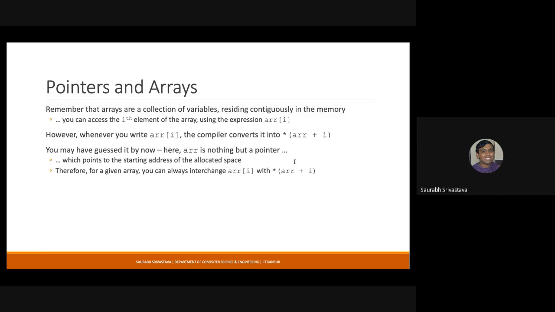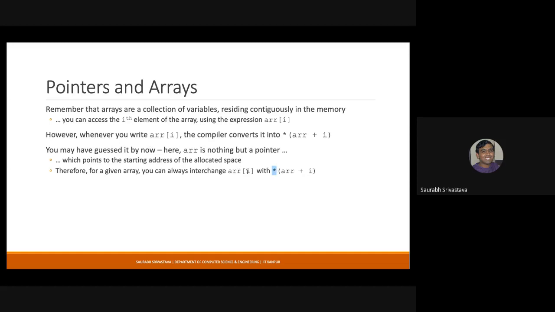And whenever you type ARR[I], when this expression is being evaluated by your compiler, the equivalent expression is *(ARR + I). Keep in mind that ARR + I is not the same as ARR = ARR + I, right? You are just taking a constant and adding another number to it, and whatever address results, that is what you dereference with the asterisk. So by this you fetch the particular value that is there at ARR[I].